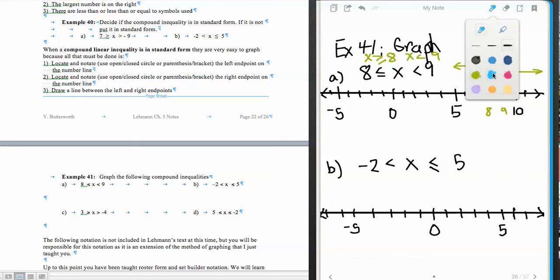Now, the final thing that we do to graph that is we see where the overlap is, where we see both of them at the same time. So we would have ended up putting a solid dot here, an open circle there, and drawing a line in between them. And that's the methodology that we will use anyway in our new methods. In our new methods, we will simply make sure it's in standard form, which it is, little number, big number, less than symbols. We'll mark